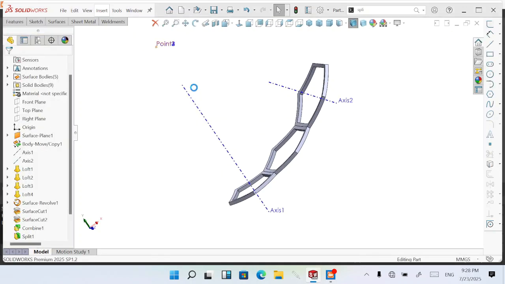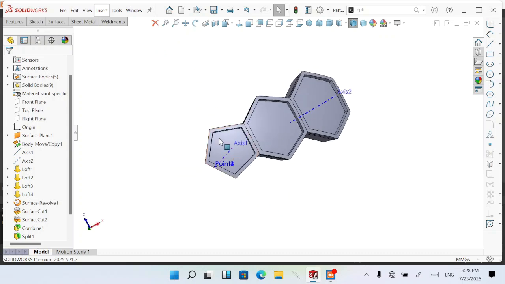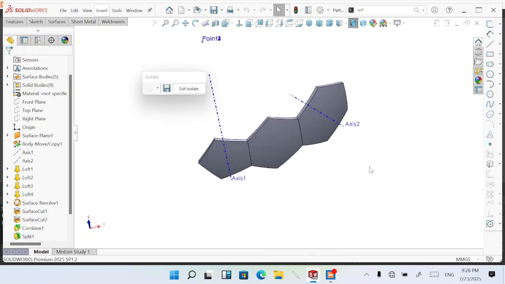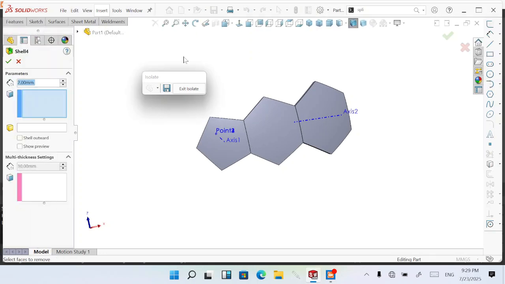Now exit isolation. Now let's select this, hold your control, right click and isolate. So we are isolating the inner layer. So we repeat the same process, feature, shell, but this time around we are shelling with 4